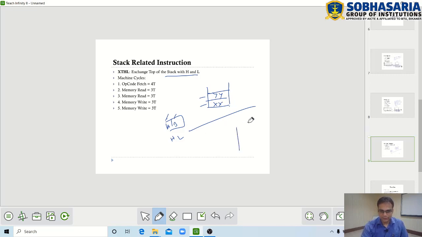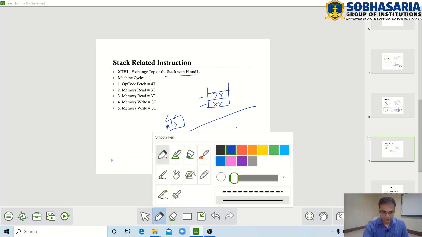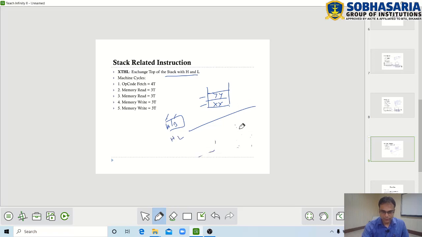After the execution, the situation will be like, so after the execution, this data will be copied here, and this data will be available here, and H and L pair will have YY and XX.